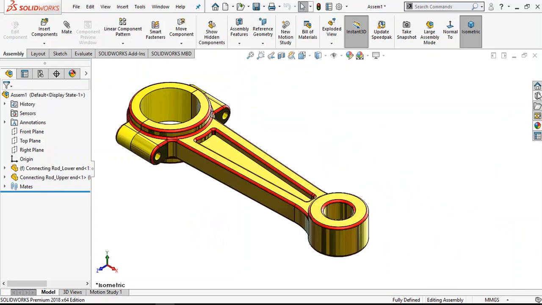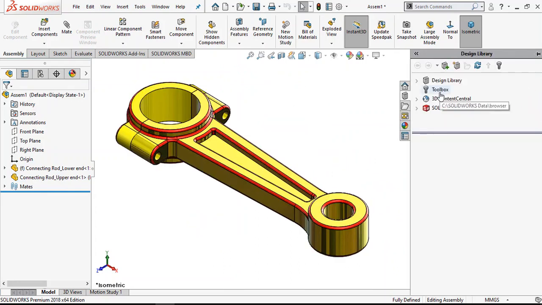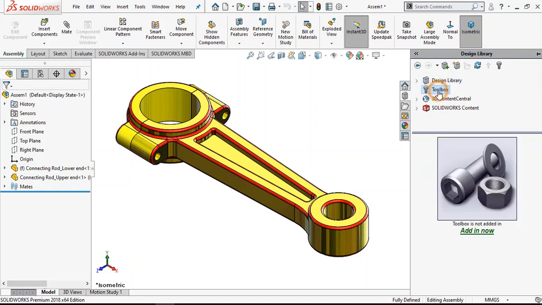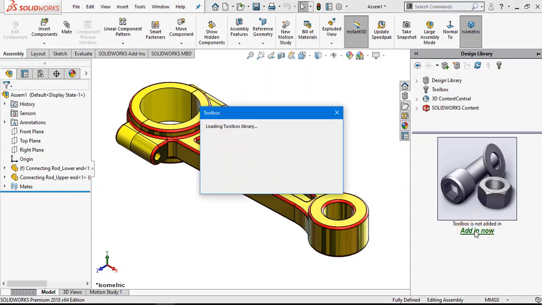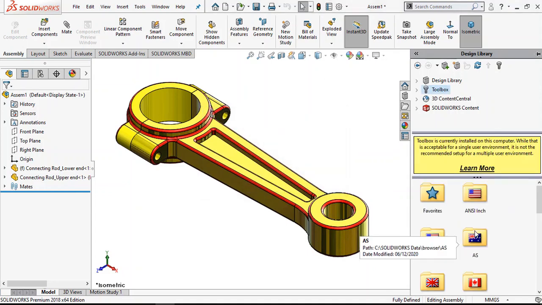Now here go to design library. You will find an option toolbox. Click on it. Now click here add in now. Now the toolbox has been added. Now go to ANSI metric.